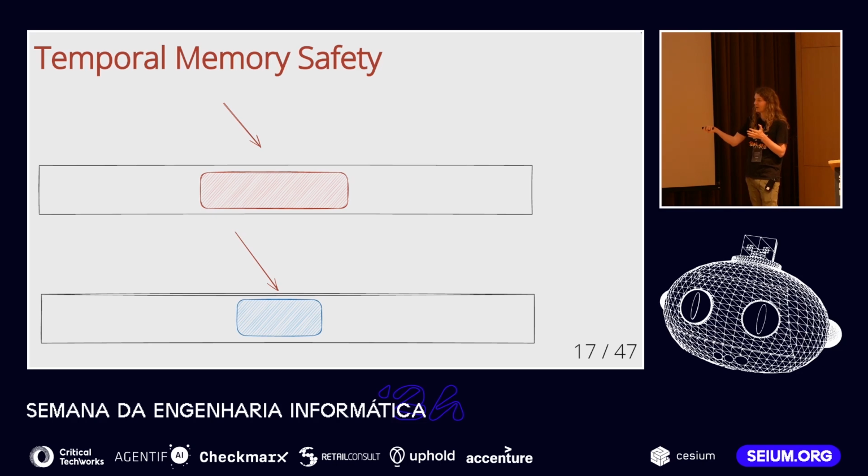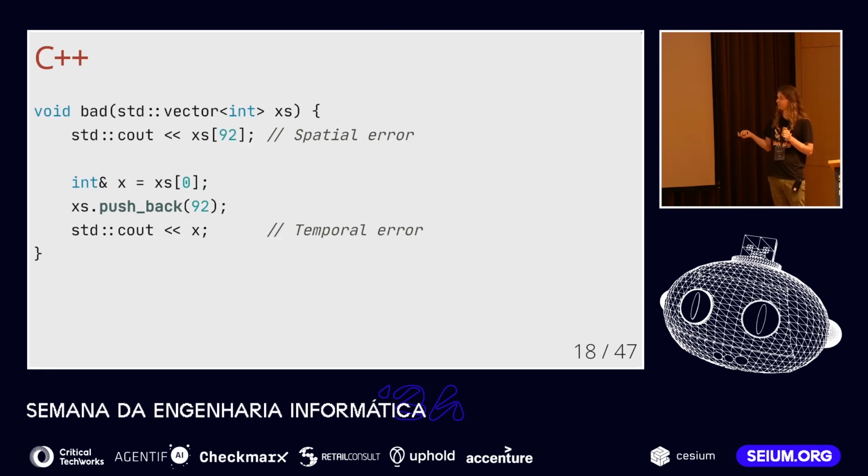But then, when you use this pointer later, it turns out that the picture has changed. It turns out that this object isn't here anymore. There isn't any more red blob there. There is now like this blue blob there. And so when you access this blue blob from red pointer, you get this desynchronization between what the language thinks the memory holds and what the memory actually holds, which leads to all kinds of problems and undefined behavior.